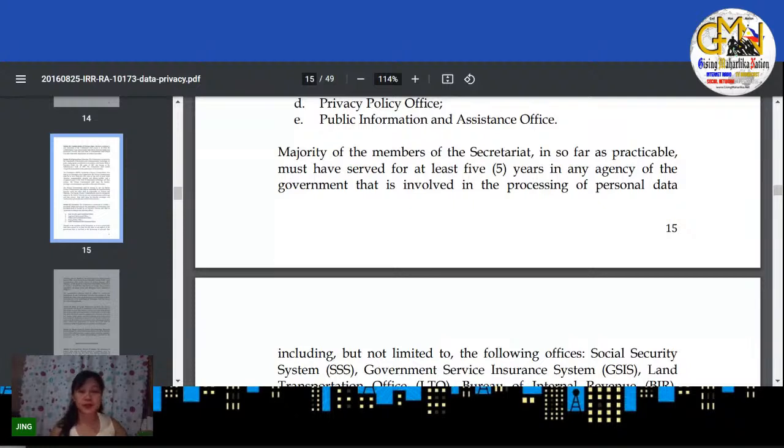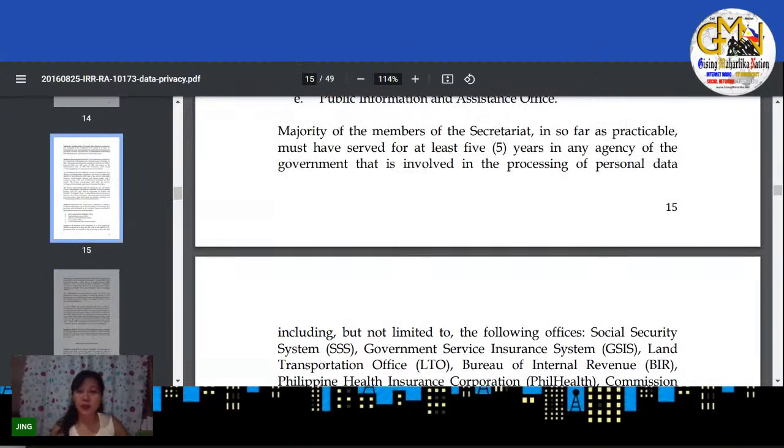So, okay na. So, back tayo dito sa my page 15. Dito sa my majority. Okay. Majority of the members of the Secretariat, in so far as practicable, must have served for at least 5